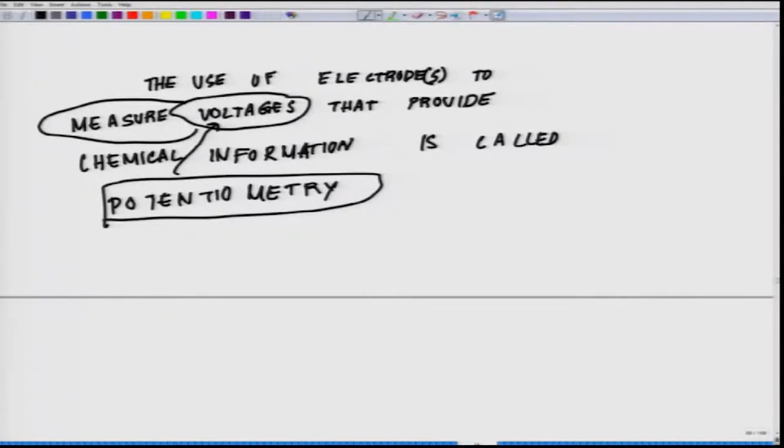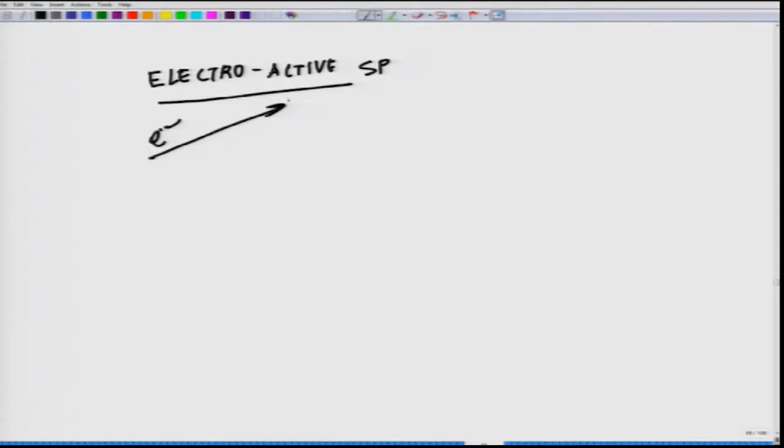In the simplest case, analyte is an electroactive species that is part of the galvanic cell. An electroactive species is one that can donate or accept electron. So, in the simplest case, an analyte is an electroactive species, okay, which essentially either can accept electron or donate an electron. Okay. It could be either a beggar for electron or a donator of electron,